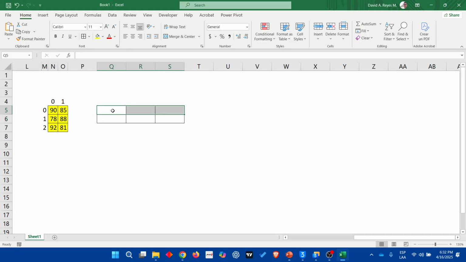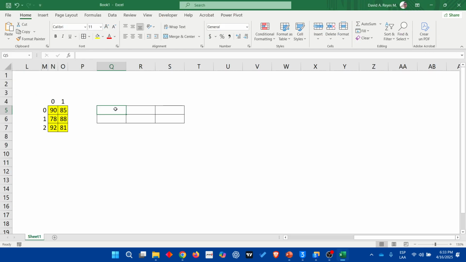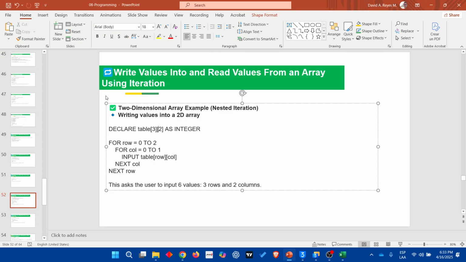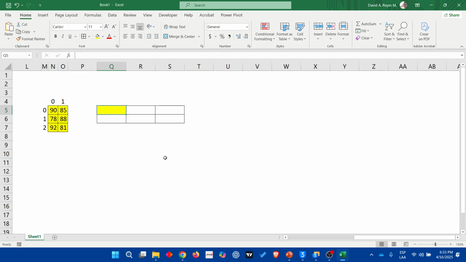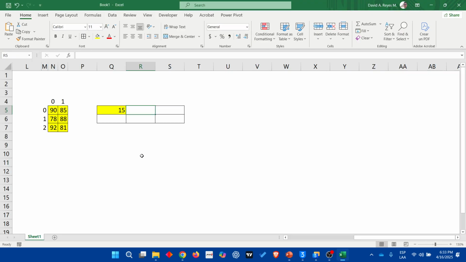Row, columns. Okay, so we are going to start here, and let's suppose that now we get inside the second for, that is for the columns. So we are going to put a value in the table at 0, 0. Let's suppose that here we are going to write 15. Next, we are going to put another number here. Then we are going to put another number here. This is done